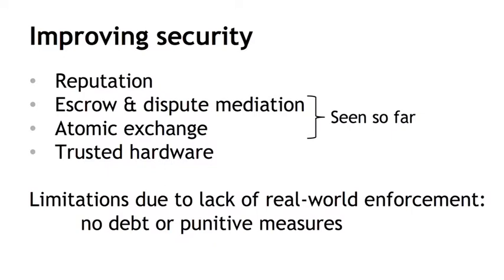But there are others, and in fact, the most obvious one perhaps is reputation, where you don't have any particular technological security enhancing mechanism, but instead, these intermediaries or whoever the parties that you're interacting with build up reputations over the long term, and so they build some trust in that manner. Reputation is okay in the absence of other security alternatives like atomic exchange, but it has some problems. First of all, the entity has to build up this reputation over the long run. Right? If whoever is the entity you're interacting with is completely pseudonymous or anonymous, then reputation doesn't even apply. And we see this problem even with real-world reputation systems.